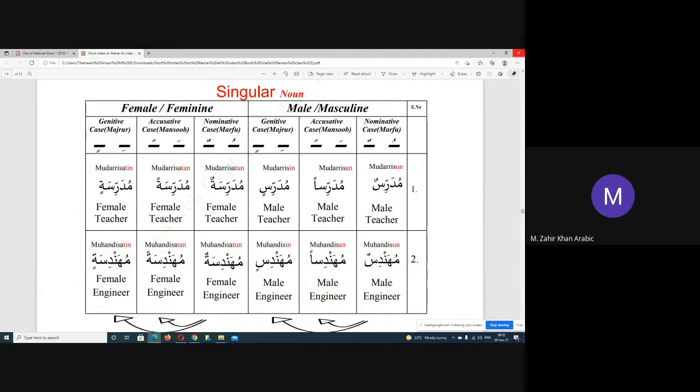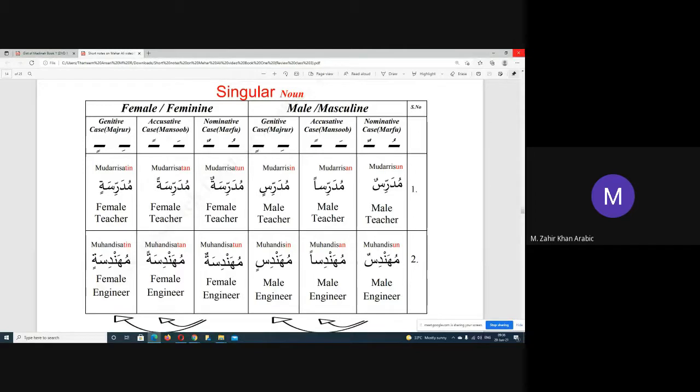So if it is a ta marbuta, round ta, there will be no extra alif when you are adding double fatha at the end of the letter. Okay. If you are adding double fatha, the rule is you have to add an extra alif. This we have seen in the last class. But when a word ends with ta marbuta, round ta, or a feminine ta, it should have only double fatha. There will be no extra alif added with that.